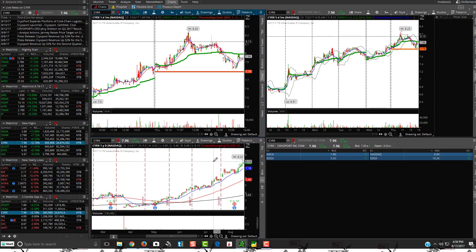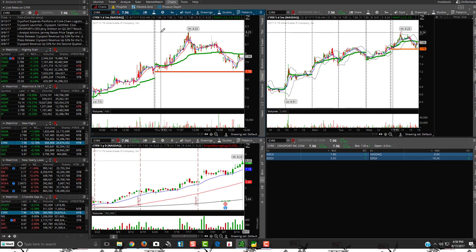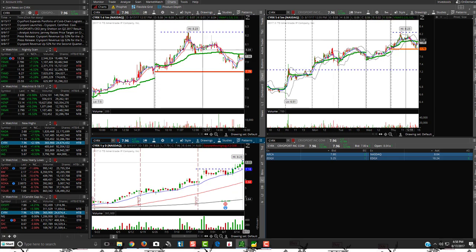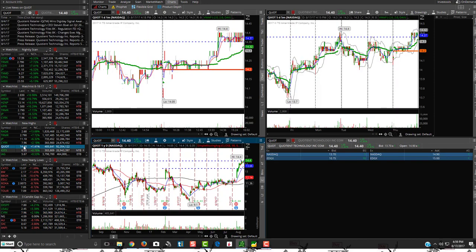So for instance, this one right here, CYRX, see if it can go up and break the yearly high, or if not, see if it's going to fade down to support area right around there, 724. So this might be a good potential short if it doesn't go up and break the yearly high. So I'm going to put that one on watch list as a potential short. CYRX. QUOT, don't like it.